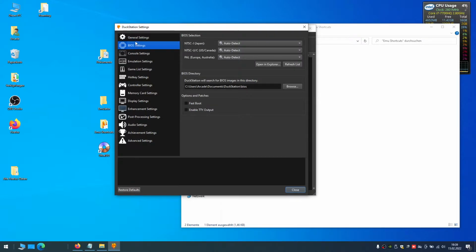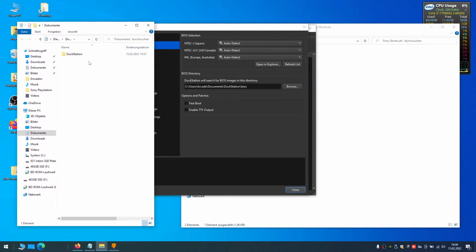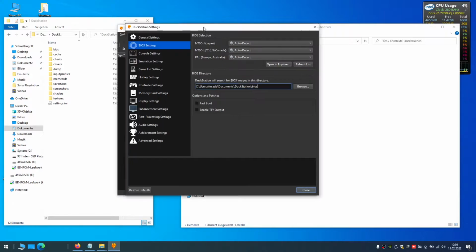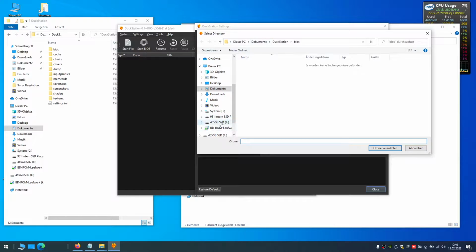So, first thing is we need to tell the emulator where to find the BIOS settings. BIOS directory. DuckStation will search the BIOS images in this directory. Now, you see here, this already places something in the documents folder. I have created a shortcut here for the documents, and there you see you have the DuckStation folder already in it. DuckStation creates this folder structure the moment you start up the emulator. Keep this in mind. Later, when we will run the portable version, you will see the differences. Now, let's click Browse and select